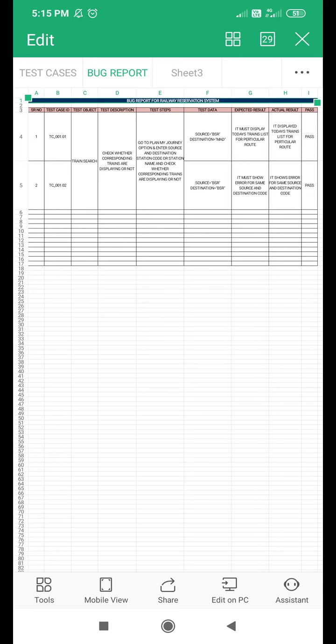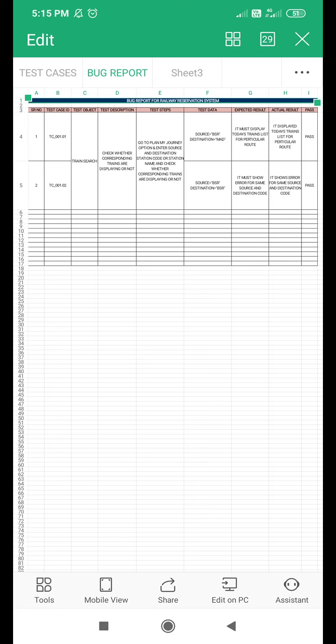What is my test data? I have used the source station code BSR and the destination MAD, which is the station code of Madgaon. After selecting this source and destination station code and a particular date, I try to search trains between them.